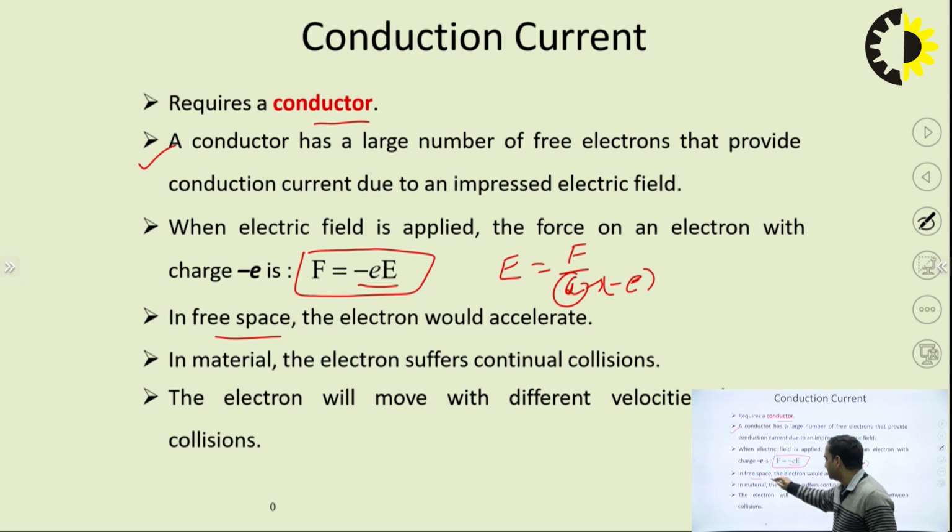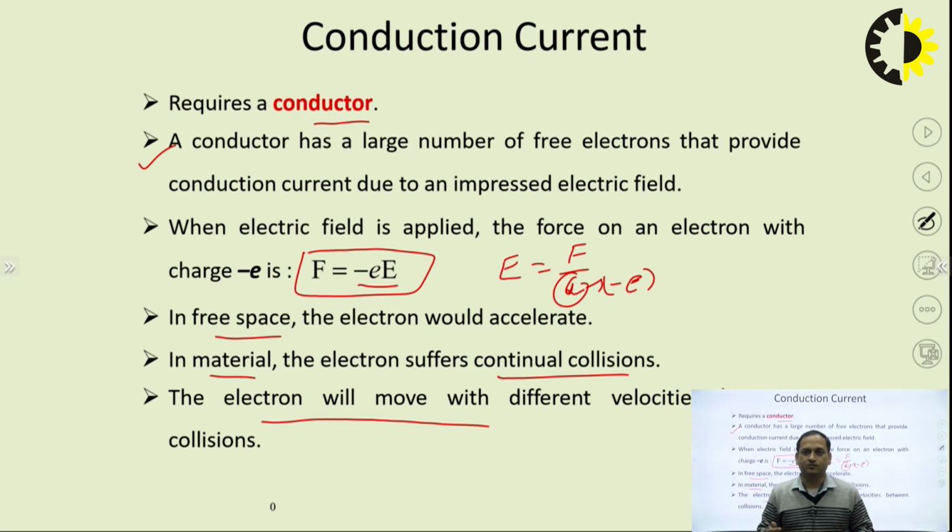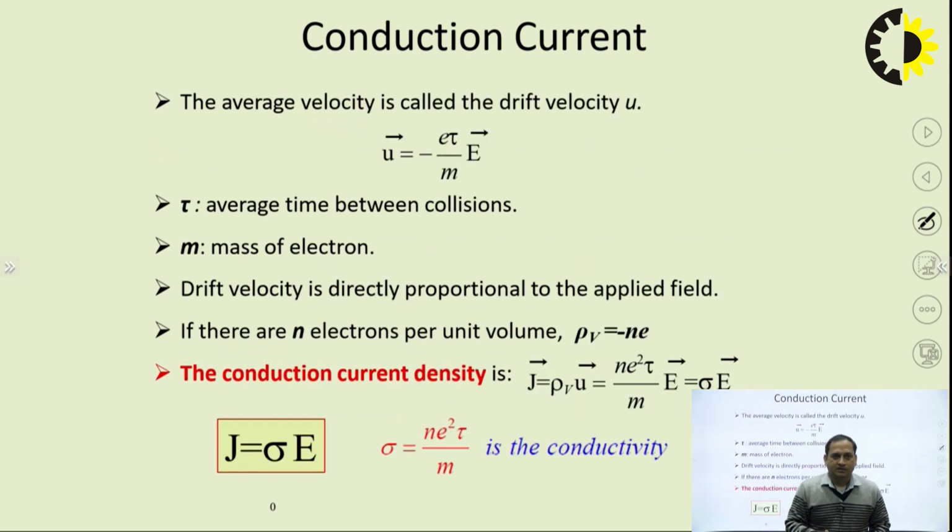In free space the electrons would accelerate, but in materials the electrons suffer continuous collisions with the material, and each electron moves with a different velocity between the collisions. When collisions occur between the atoms, the electron movement can be described based on these different velocities. Every electron has a different velocity, so the average velocity can be found with the help of this term,